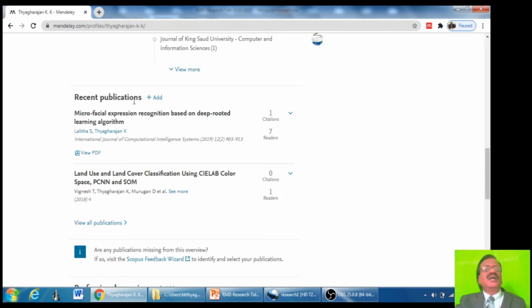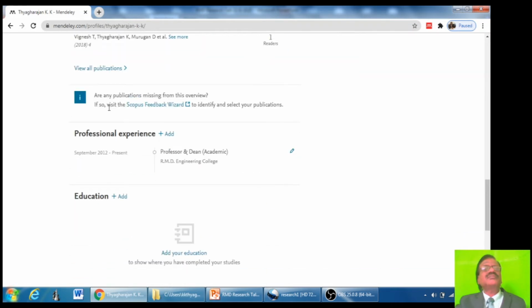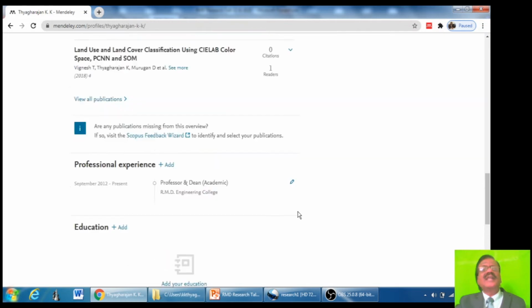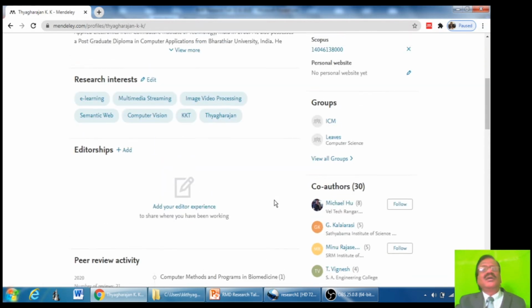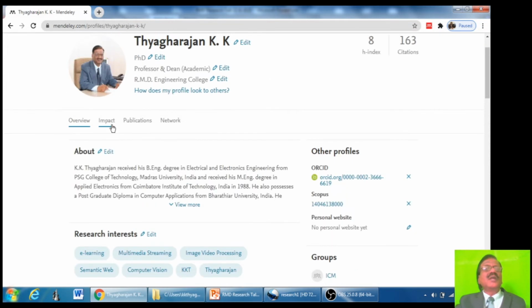Then recent publications will also be displayed, and if anything is missing, you can also add those publications using this add button. Then your professional experience you can add here. Your educational details you can add here. So this is coming under overview.